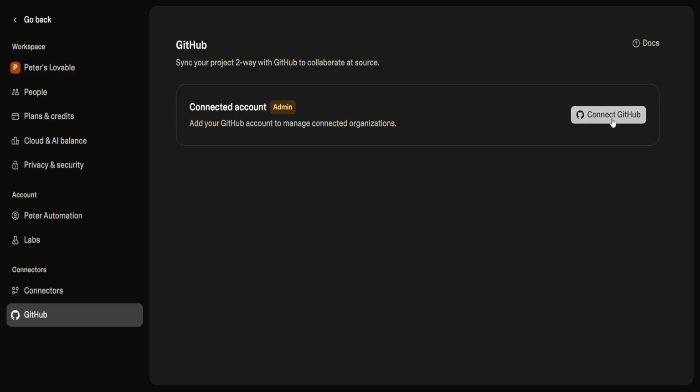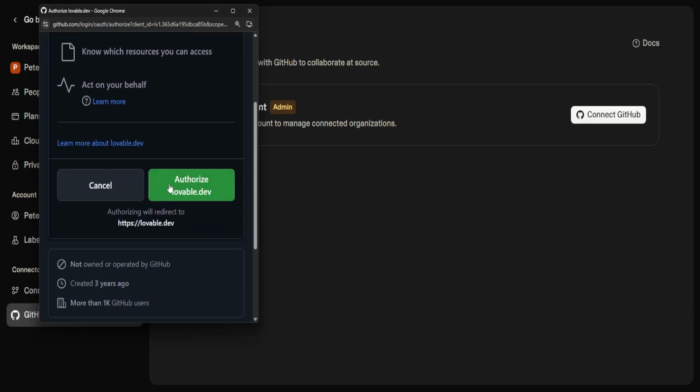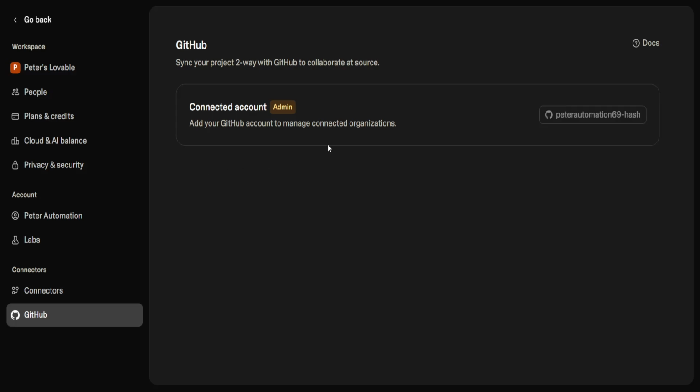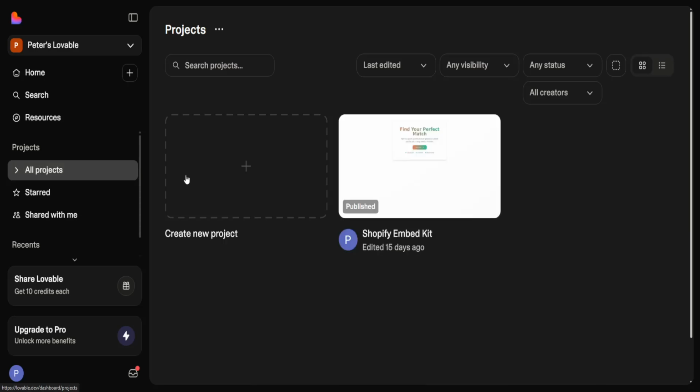GitHub. So click on Connect GitHub here, and then it is going to ask you to authorize Lovable developer here, lovable.dev. You want to click on that button and it is going to automatically connect it. Okay, so once your GitHub account has been connected to Lovable, we can go back and then click on all